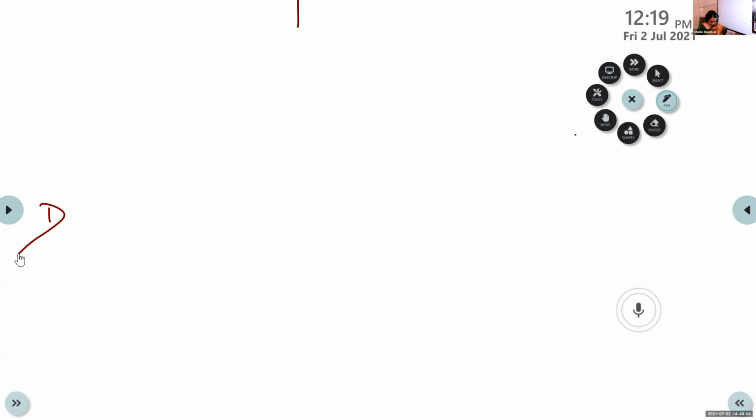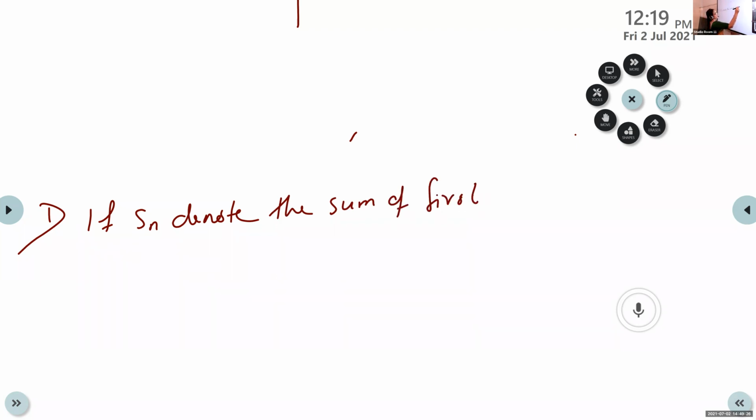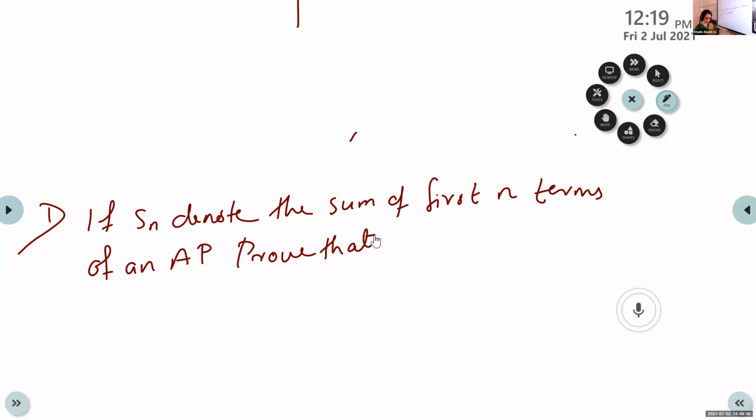Here you have an important question. If Sn denotes the sum of first n terms of an AP, prove that S12 equal to